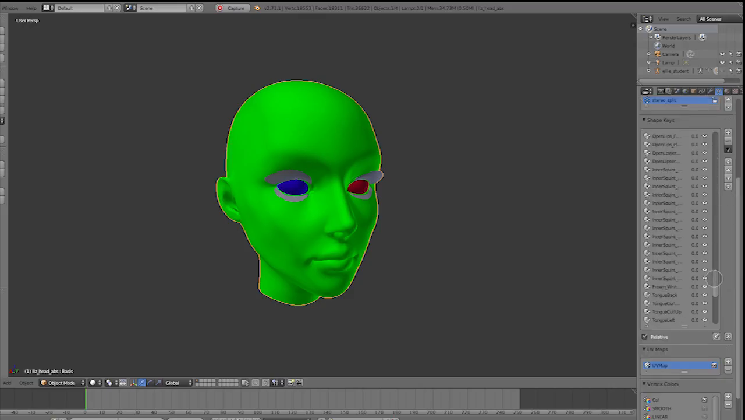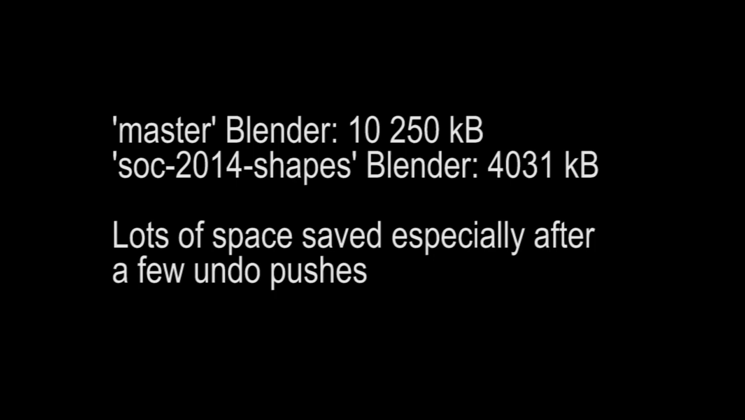Another feature is shape key compression. I modified the way Blender stores mesh shape key data. Now only the vertices that are changed from the rest position are stored in a key block. This is a head of a video game character with more than 150 shape keys. Using the storage method I introduced, we reduce the file size by more than 2 times. This compression also works for undo steps, so there will be a lot of space saved even after a couple